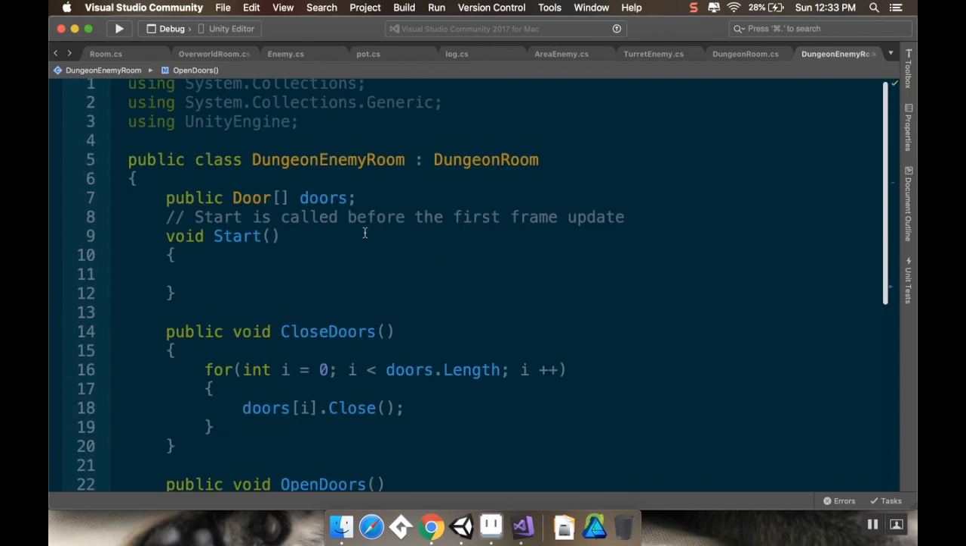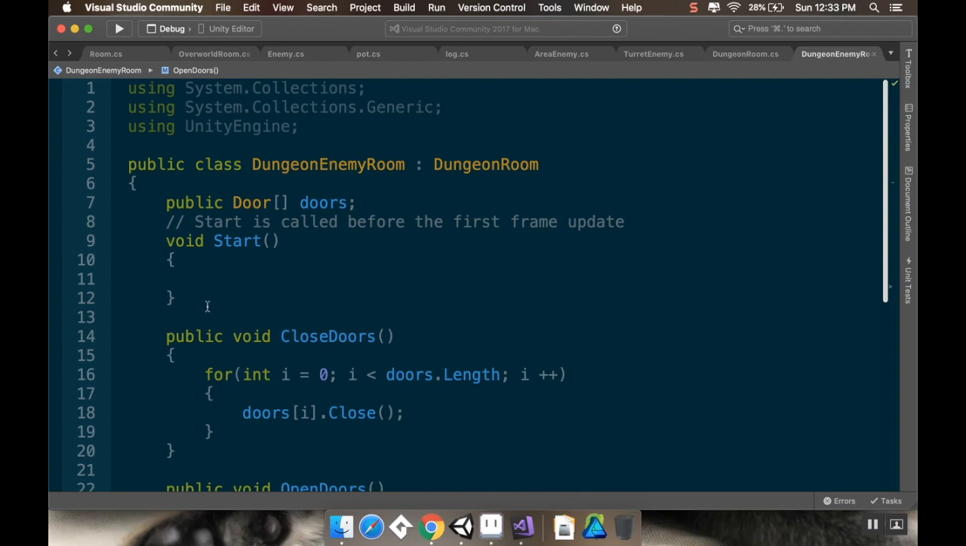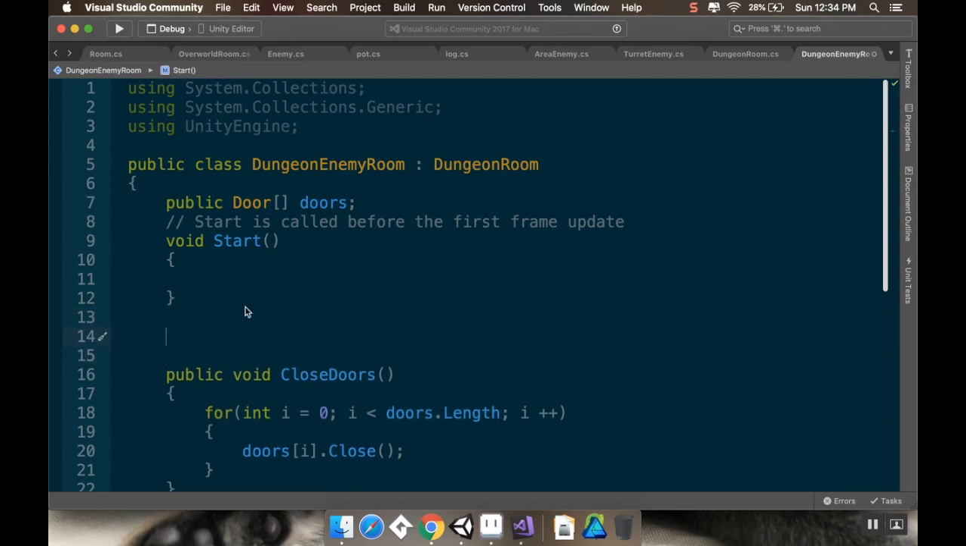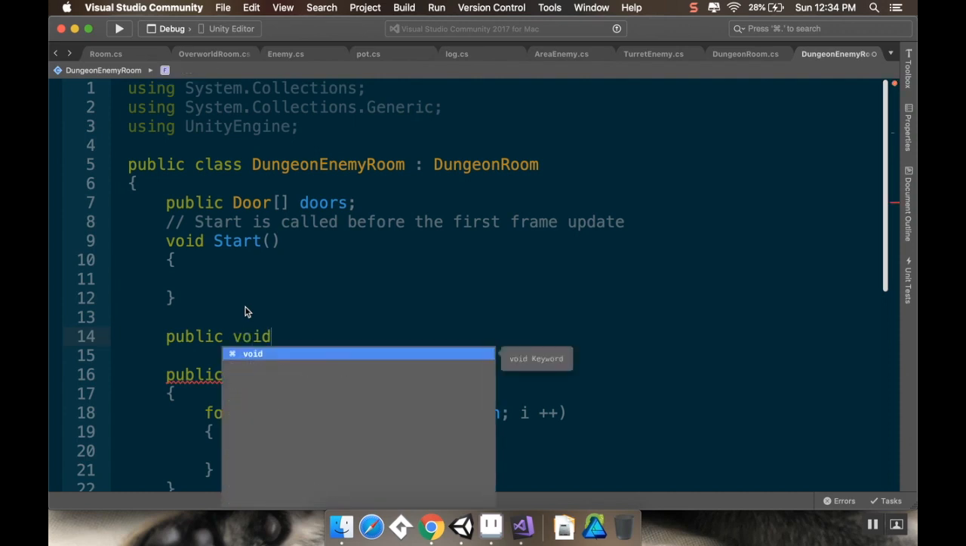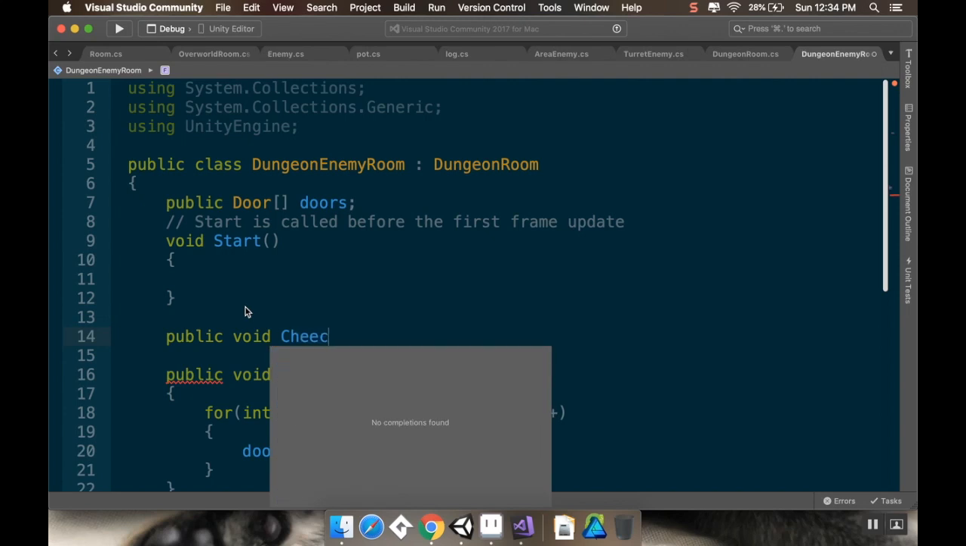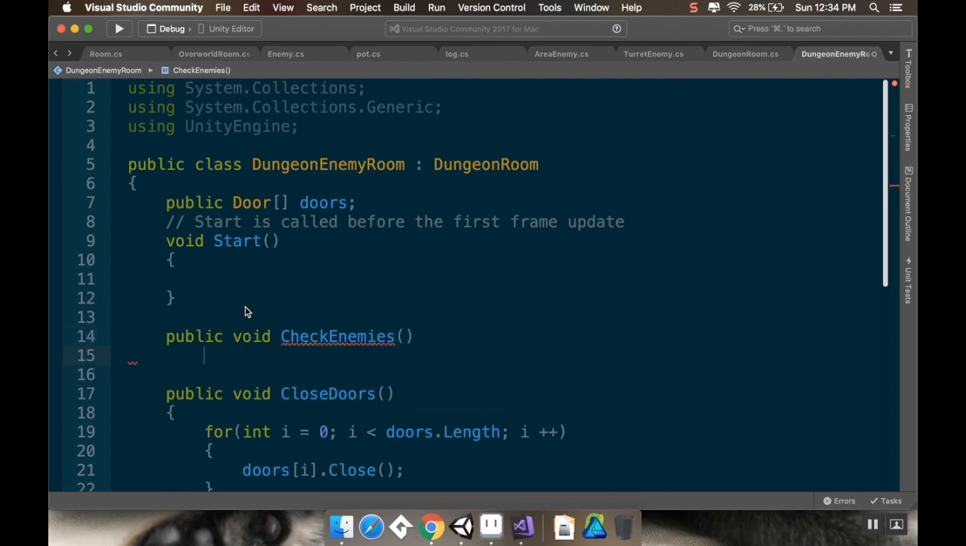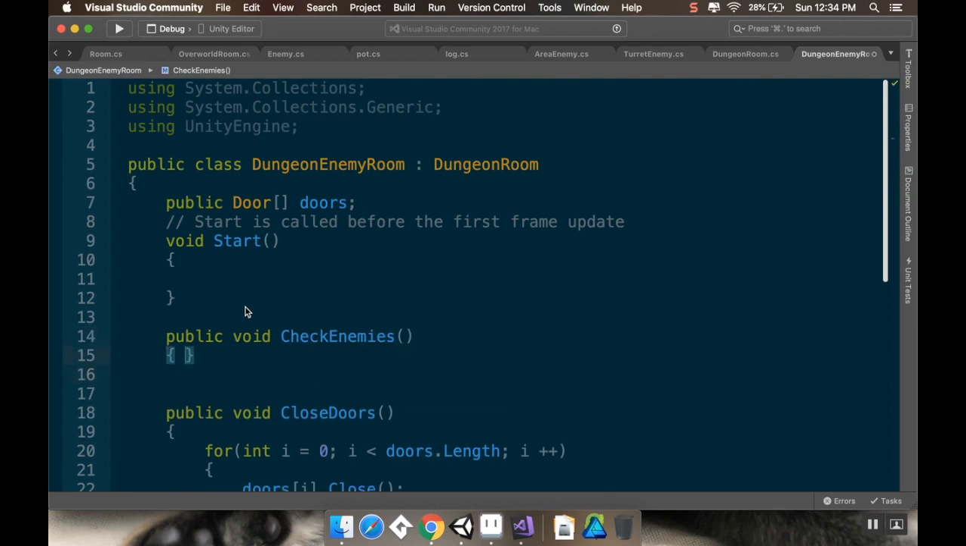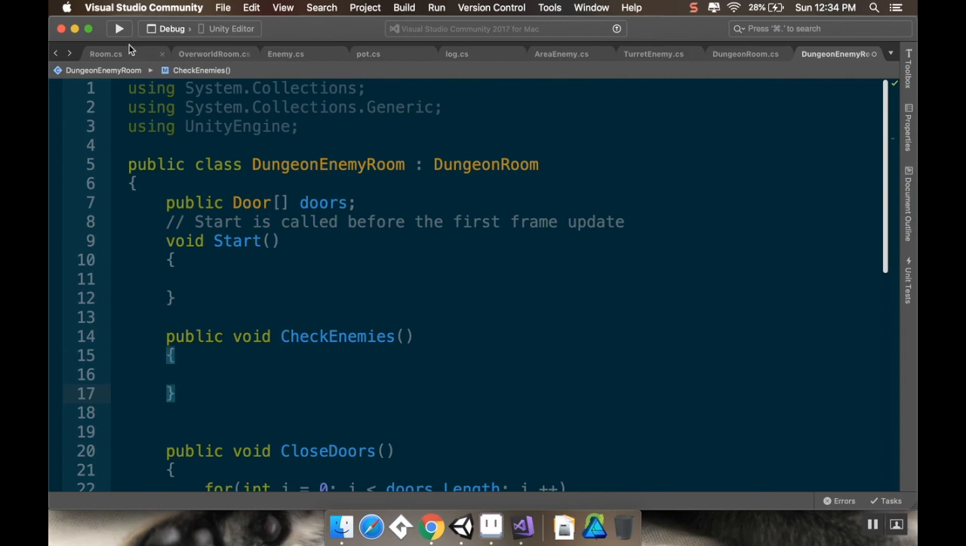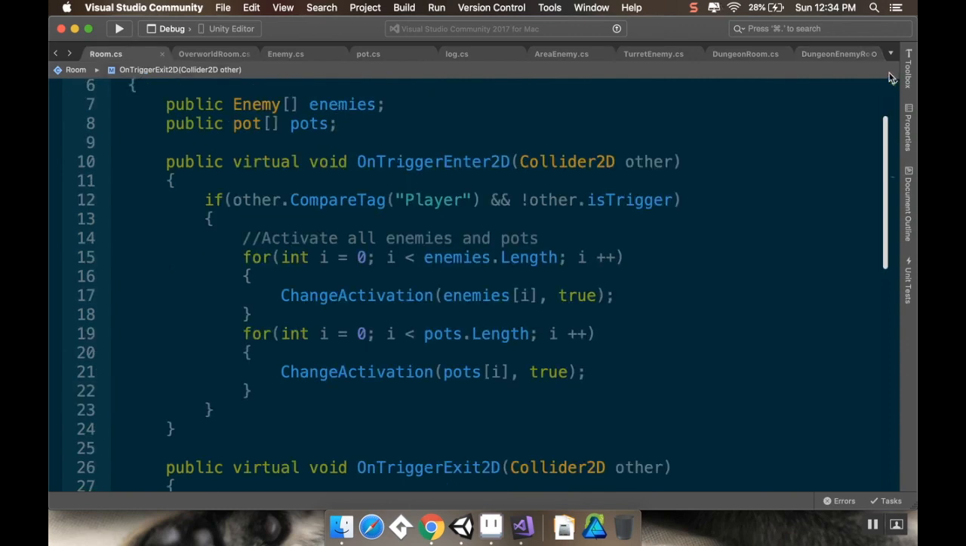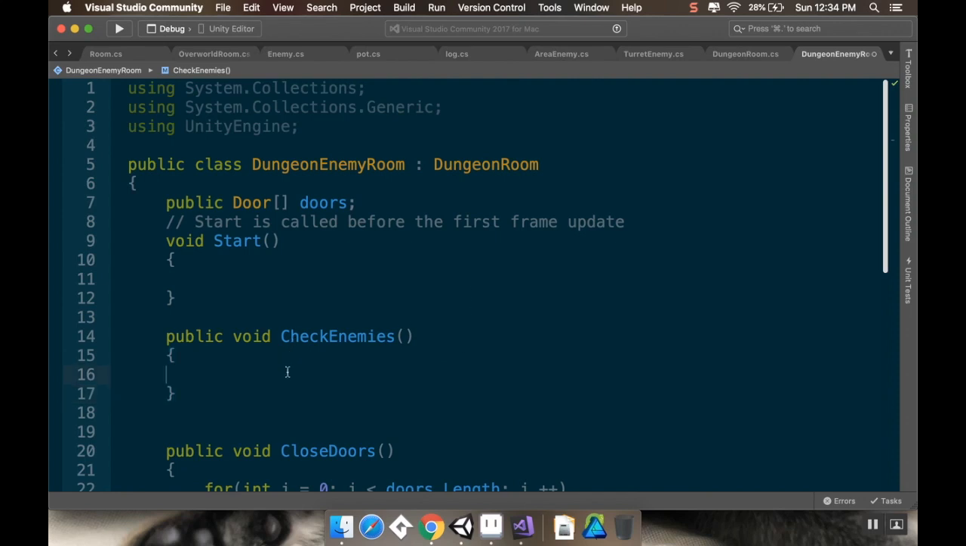All right, cool. Now, what I want to do is have another method. It's going to check whether or not the enemies are alive. So public void check enemies. And what this is going to do is go through all of the enemies in the room. And since this is inheriting from room, they're just enemies. So I'm going to do for i is 0, i is less than